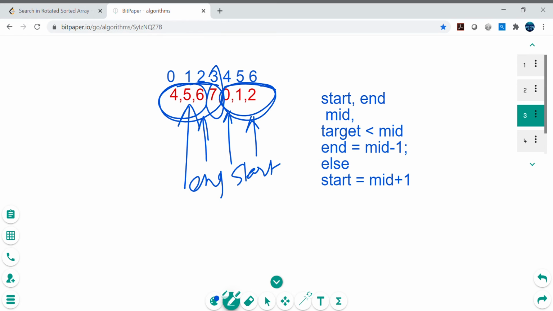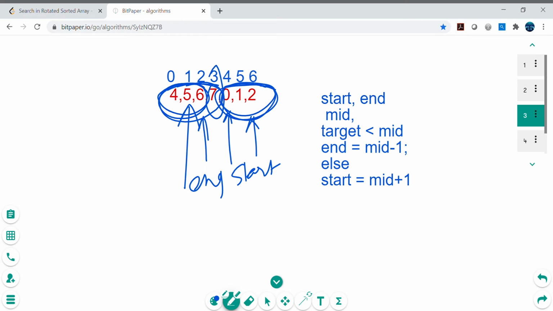But we are not individually traversing these two binary searches. We are just carefully assigning start and end so that we can use the same midpoint. That's exactly what we are checking: if target is falling in this range or in this range.